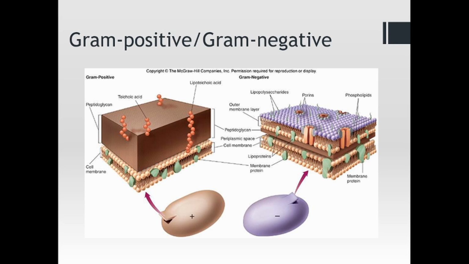So what are some examples? Gram-positive bacteria: Staph aureus is gram-positive. The streptos are gram-positive, like Streptococcus mutans, which, like I said earlier, causes cavities and dental decay. Gram-negatives, those would be E. coli as a gram-negative. Another common one that I'm pretty sure you haven't heard of, but it's common in the bacterial world, is called Serratia marcescens, and it's a gram-negative.